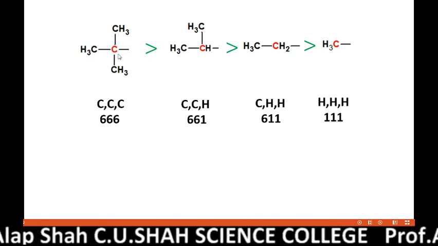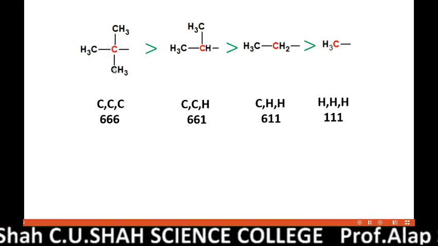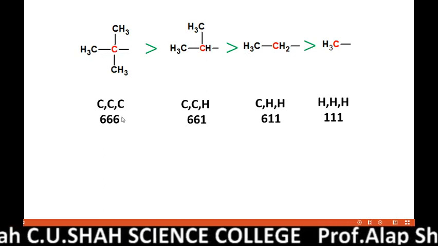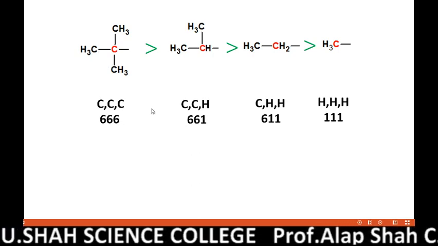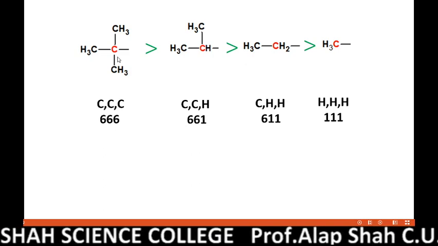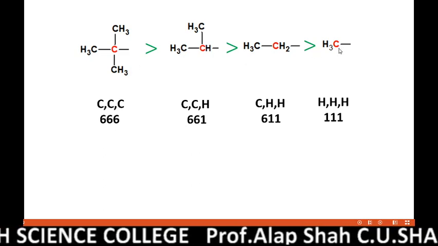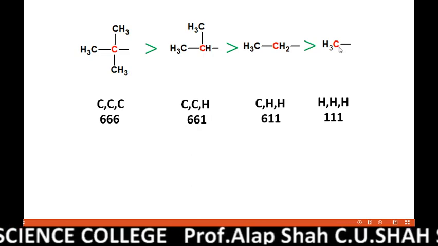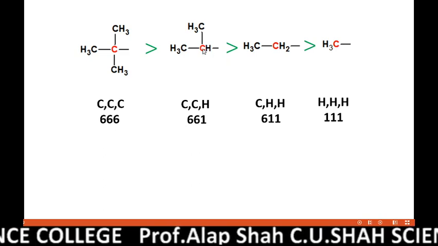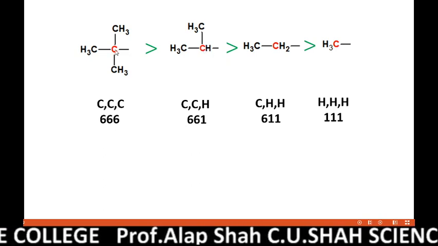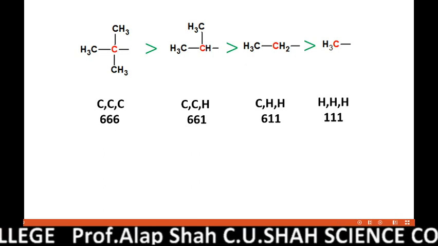And finally the tert-butyl group, in which the carbon is attached to all three carbons, 6 6 6. So if all these four groups are attached, the most prior is tert-butyl, then isopropyl, then ethyl, and then methyl. With the asymmetric carbon, the first atom attached was always these red carbons, so we keep comparing until we get a clear priority.